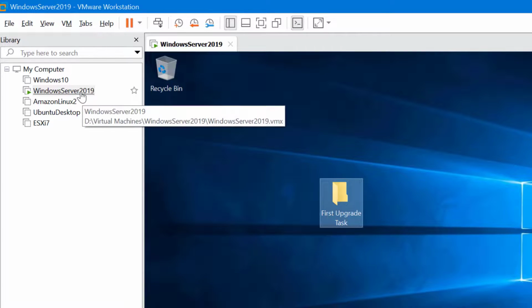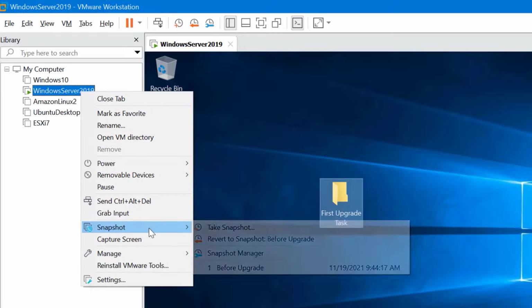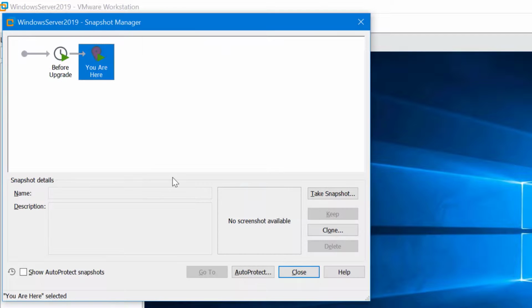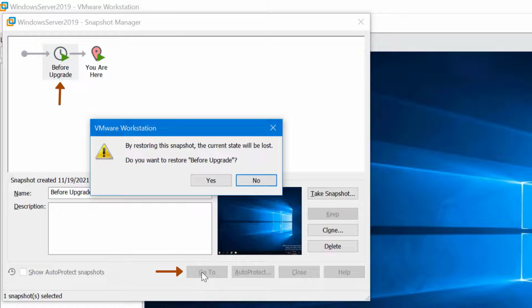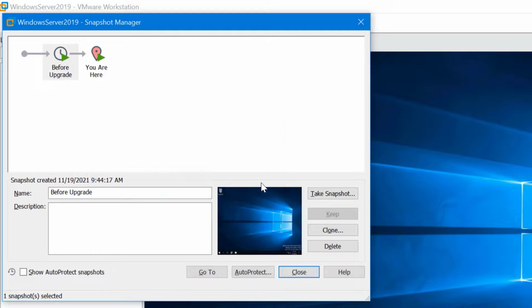Now let me go back to the Snapshot Manager. Assume that we performed our upgrade, things went wrong, and we now wish to return to the before upgrade snapshot. For that, just click on Go To, and it will prompt whether we want to go back or revert to previous snapshot. I will click on No, and I will save this so-called not working state as first upgrade by taking a snapshot